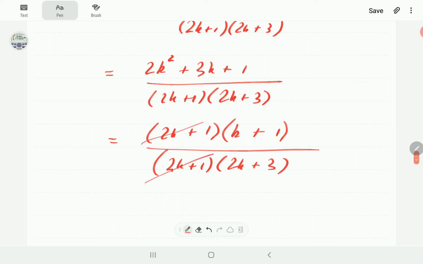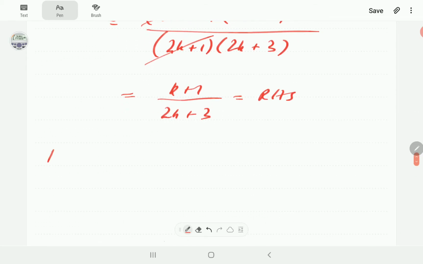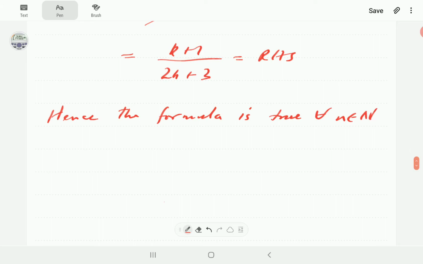Then you are going to see that this cancels out, and then what we have now is the same as the right hand side, 2k plus 3. Okay, so we say hence the formula is true for all values of n which are natural numbers. Okay, the next problem, E,